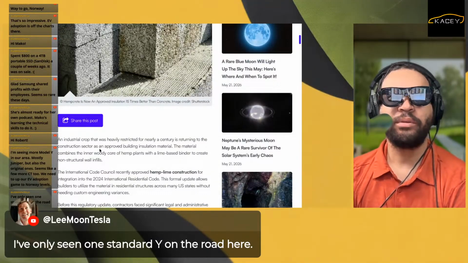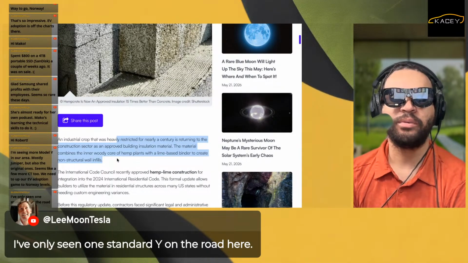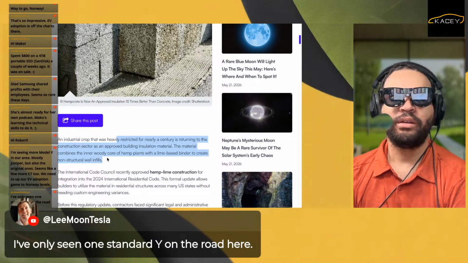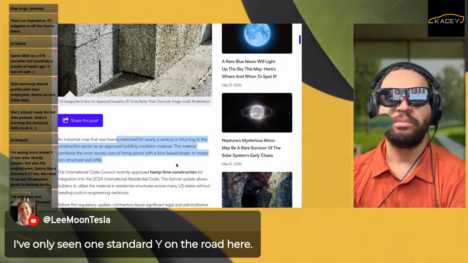An industrial crop that was heavily restricted for nearly a century is returning to the construction sector as approved for building material. The material combines the inner woody core of hemp plants with a lime-based binder to create...